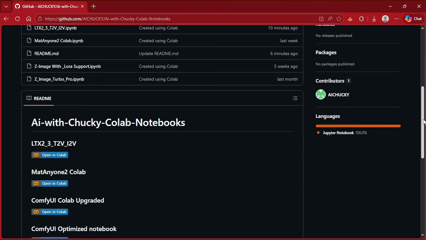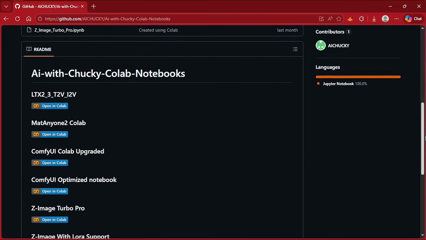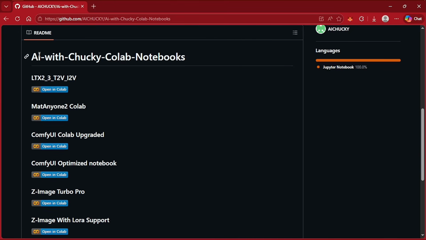To get started, head over to my GitHub repository where you'll find the Colab notebook. Scroll down until you see the list of notebooks. LTX 2.3, I2V, and T2V is the one we're looking for. With this notebook, you can generate both text-to-video and image-to-video with audio attached, so let's click on the Colab badge